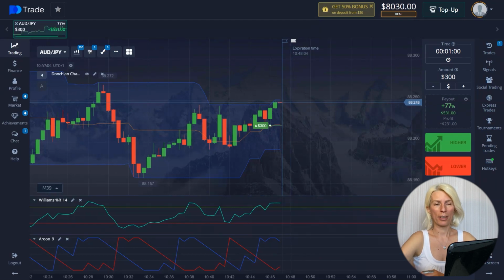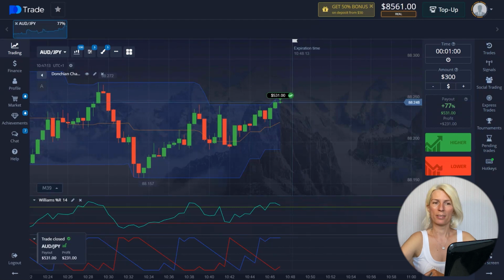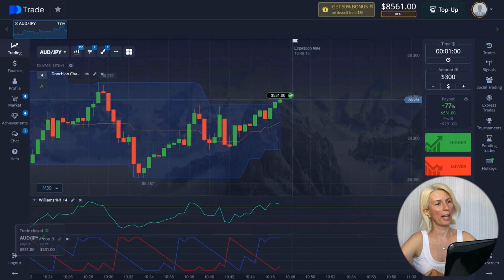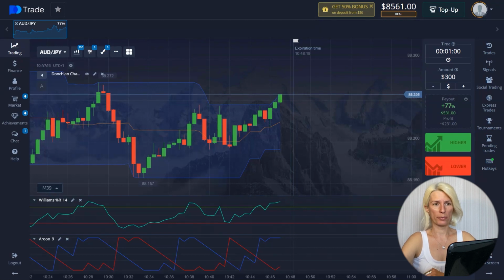For example, the classic option and Forex have been combined recently. But back to our chart, the growth turned out to be strong and $231 was added to my account. I didn't even notice when the payouts dropped from 92% to 77%, but let's not change the currency pair and